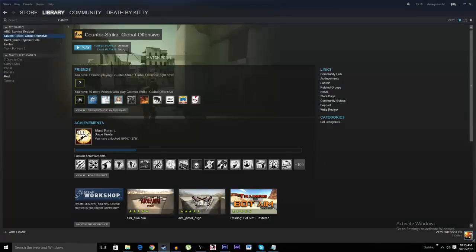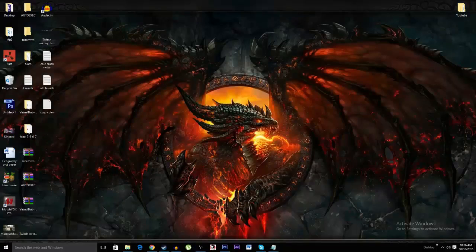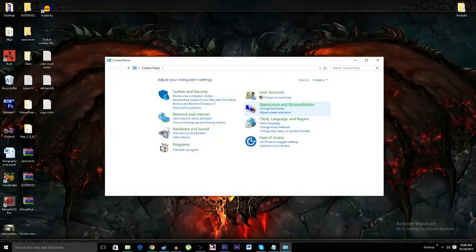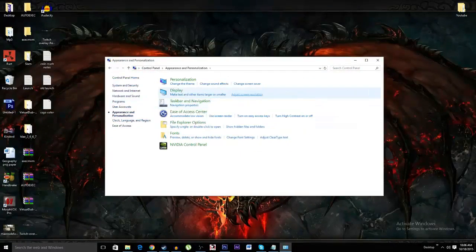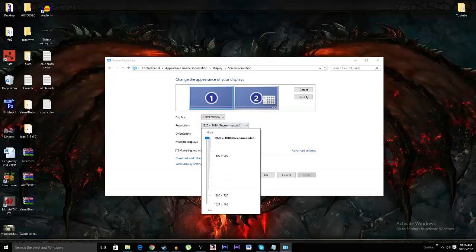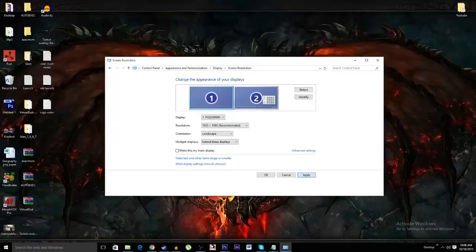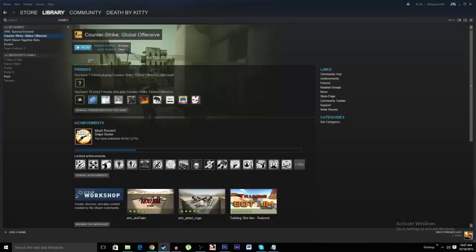To improve FPS with launch options, ideally you want to use the native resolution of your monitor while maximizing your frame rate. To find the native resolution of your monitor, go to your control panel, go to Appearance and Personalization, and adjust screen resolution. You'll see here that whatever is your recommended resolution is what your native resolution should be. Make all your graphical adjustments with the knowledge that CSGO is a CPU limited game in general. There's no holy grail console or config command that will dramatically improve your FPS, but there are some slight tweaks